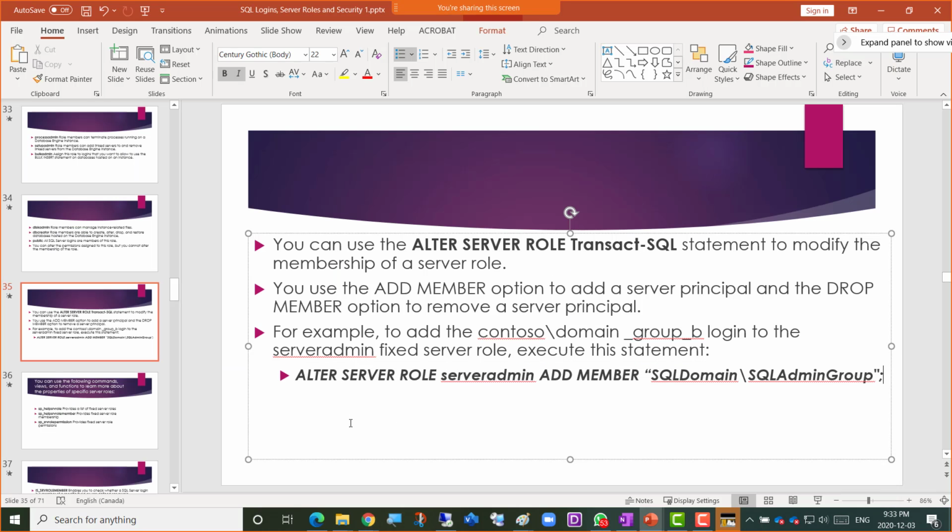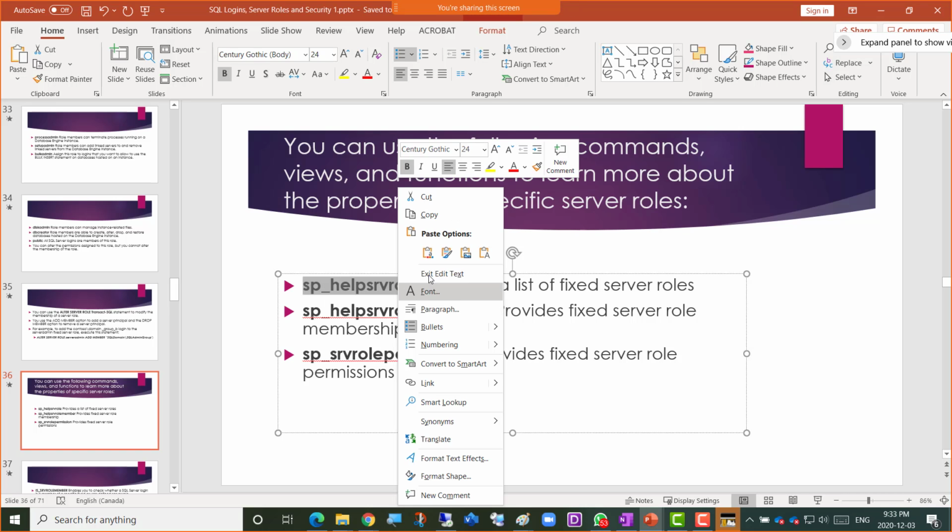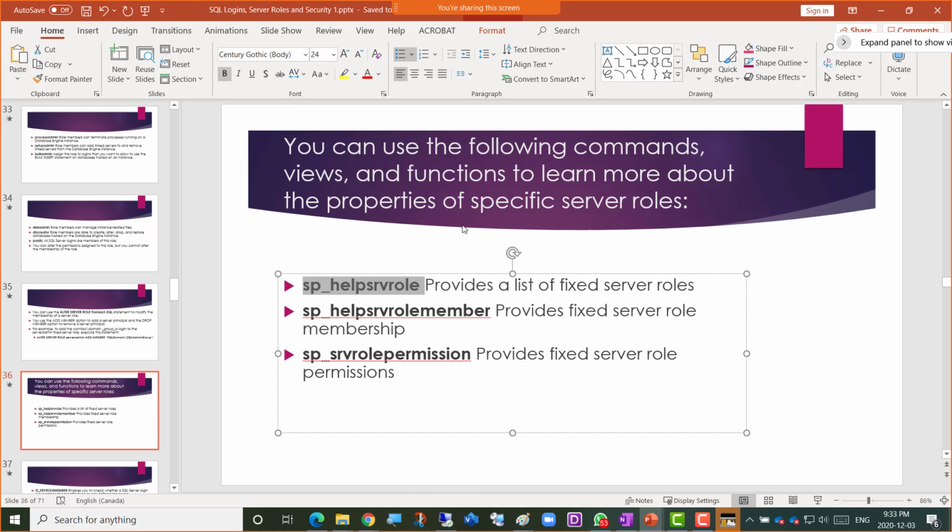Okay, well, this is a query for if you have added it already. Just right click the new login and simply attach that SQL admin group first, and then run this once you've added the login, as we did before as well. And then you can use the following commands, views, and functions to learn more about the properties of specific server roles. So sp_helpsrvrole provides a list of fixed server roles, and there is that command here, and if I go ahead